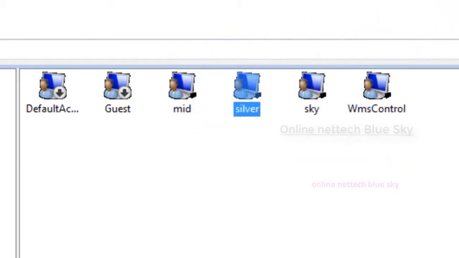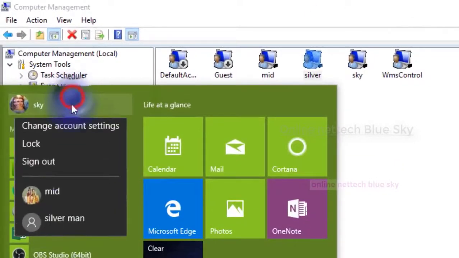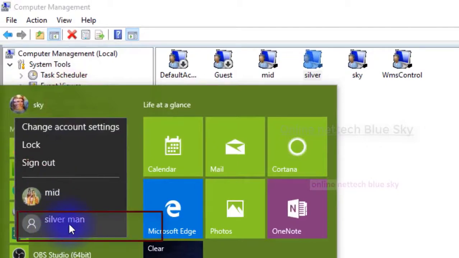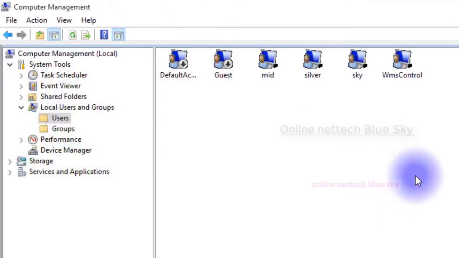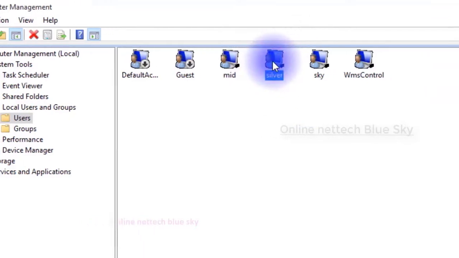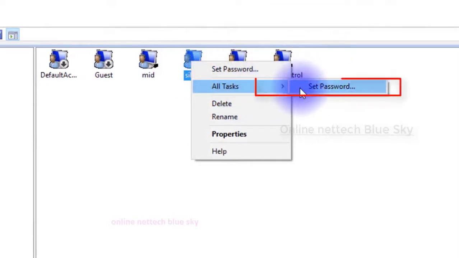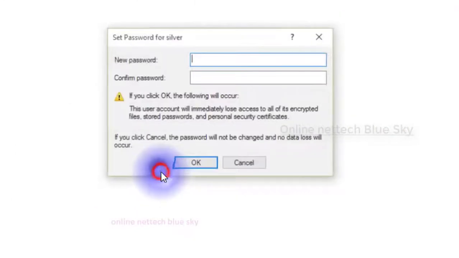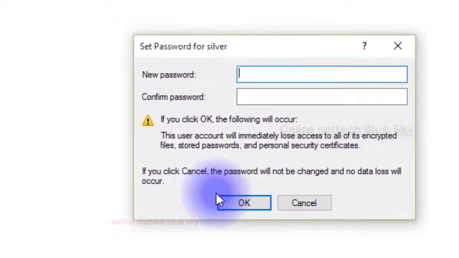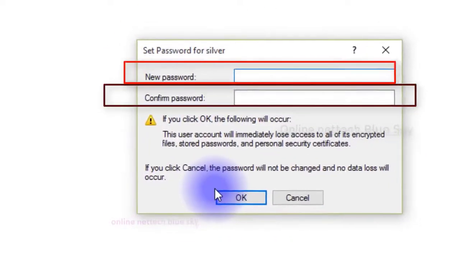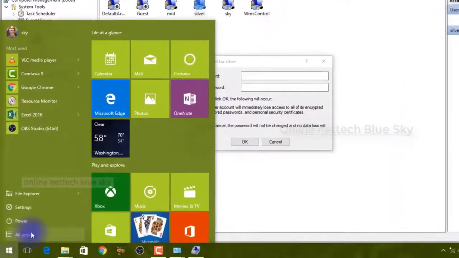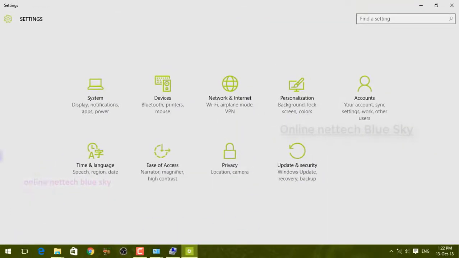I just give only the silver type local user, and the local user is given for using my computer. So if a friend uses your computer, be careful not to give your administrator account and administrator password, because sometimes they change and set different new settings.